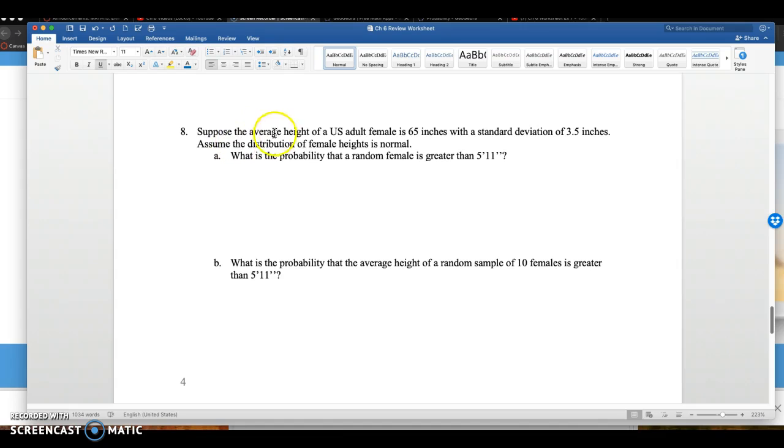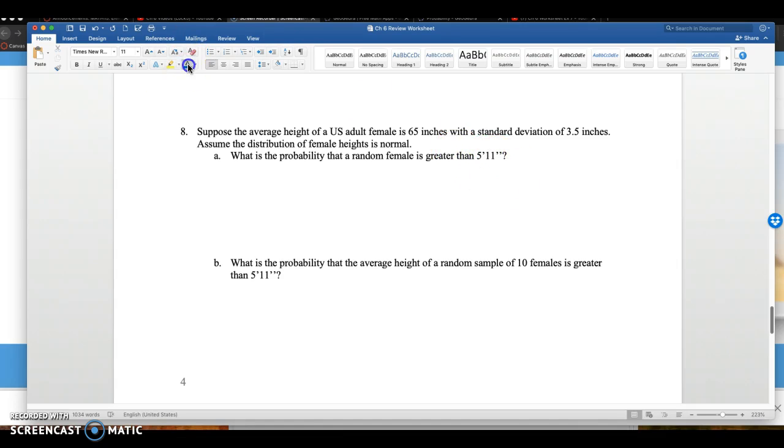So this question supposes that the average height of a U.S. adult female is 65 inches tall, standard deviation of 3.5 inches. And we're going to assume the distribution of female heights is normal. And we'll talk about, well, for one of these parts it's important, for another part it's actually not important at all. But we want to figure out what is the probability that a random female is greater than 5 foot